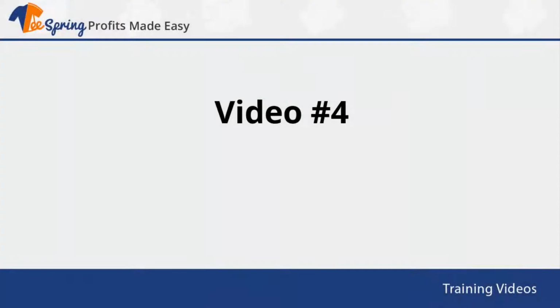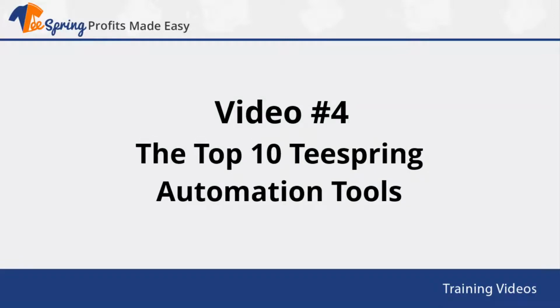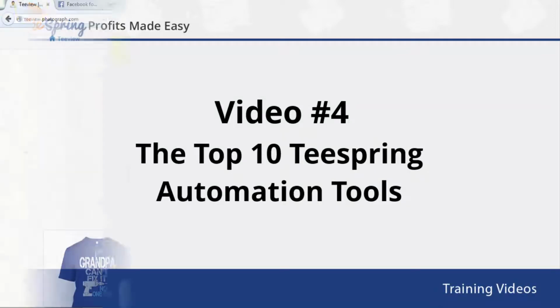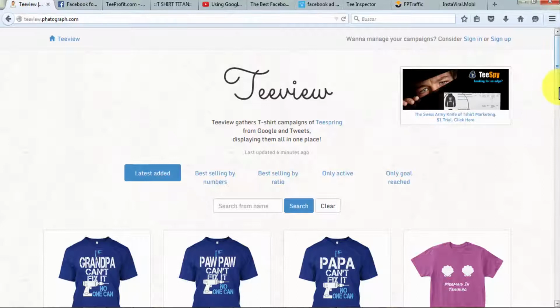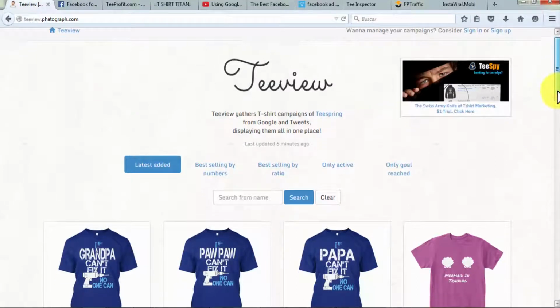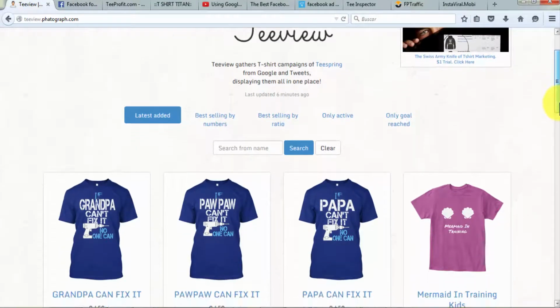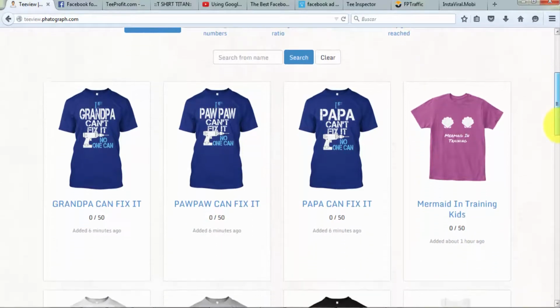Video number 4. The top 10 Teespring automation tools. 1. T-View. T-View Photograph joins together various t-shirt campaigns of Teespring from Google and Twitter by presenting and promoting them